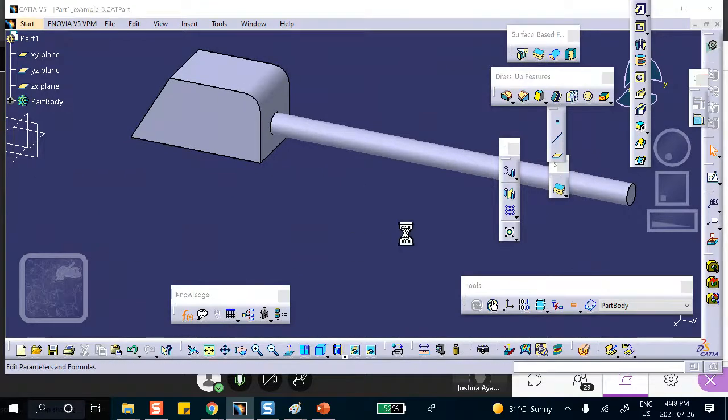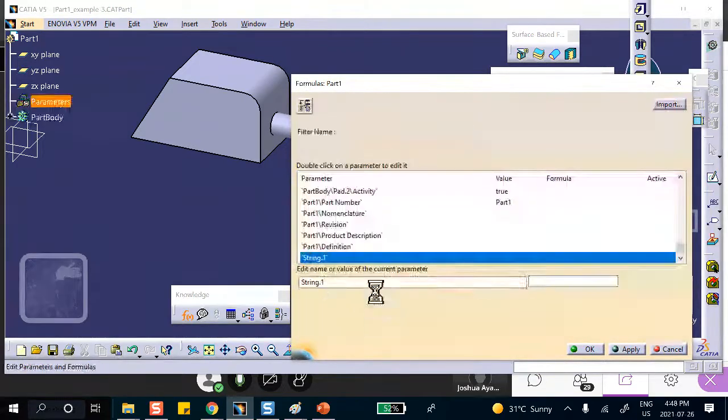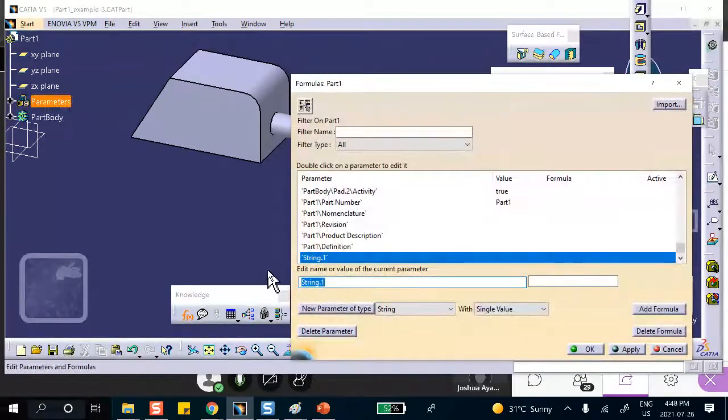Now let's create our parameters. So f of x, 3 length parameters. So this is a string. Might as well do the string here first. So this is going to be, what do you call, serial number? Serial number. And I put down dummy. That's just the part name, basically. Another one,